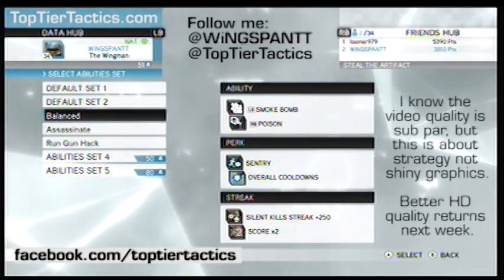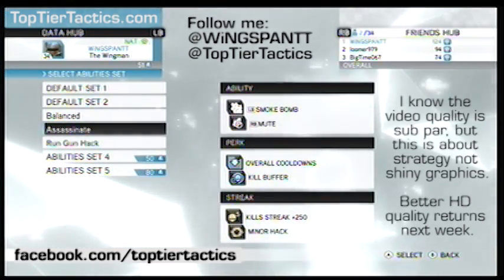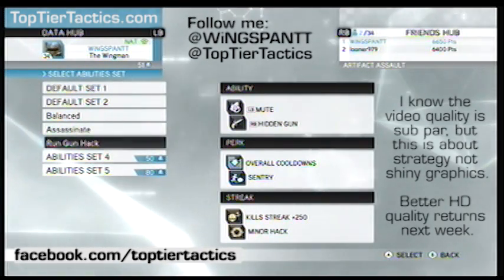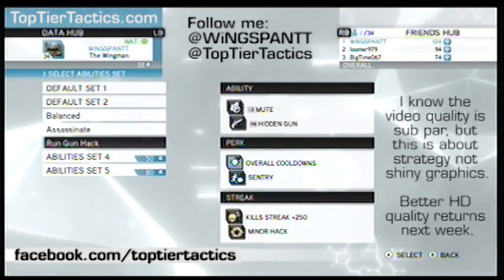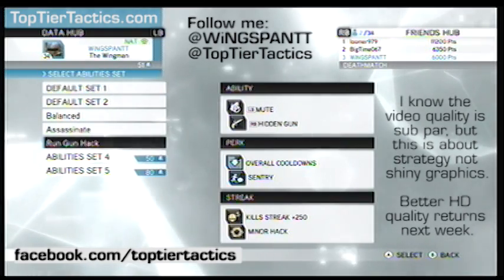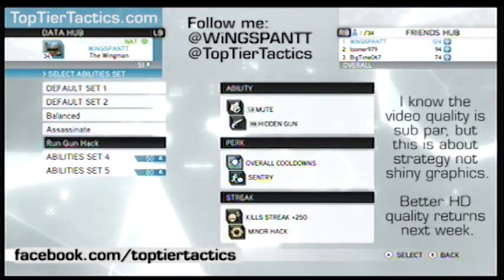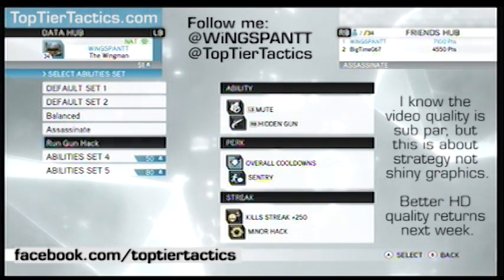And I have a special thing for Assassinate, and I'm still toying with this too. I'm not sure if I want to stay with these. Run, gun, hack. I really like this build because there are times where there's a lot of roofers and having poison is not going to be useful. So we have hitting gun, mute. Mute's good because it has a large range, so you can kind of shut things down. And I also use this, and again, I'm playing with all these, the game's relatively new, but I also use this for escort,